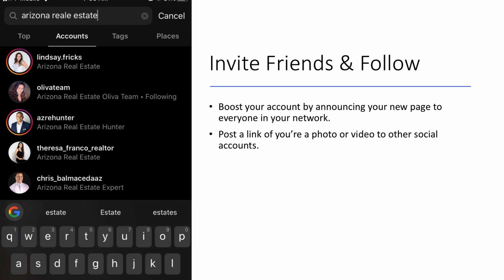But from the top there, if you were just to simply type in real estate, Arizona real estate, some keyword phrases, you will see who's going to pop up under accounts. Now, the top feature is pretty cool. If you were to click on, say, Arizona real estate, and then you choose the top filter, that will give you the most active accounts with that keyword phrase.